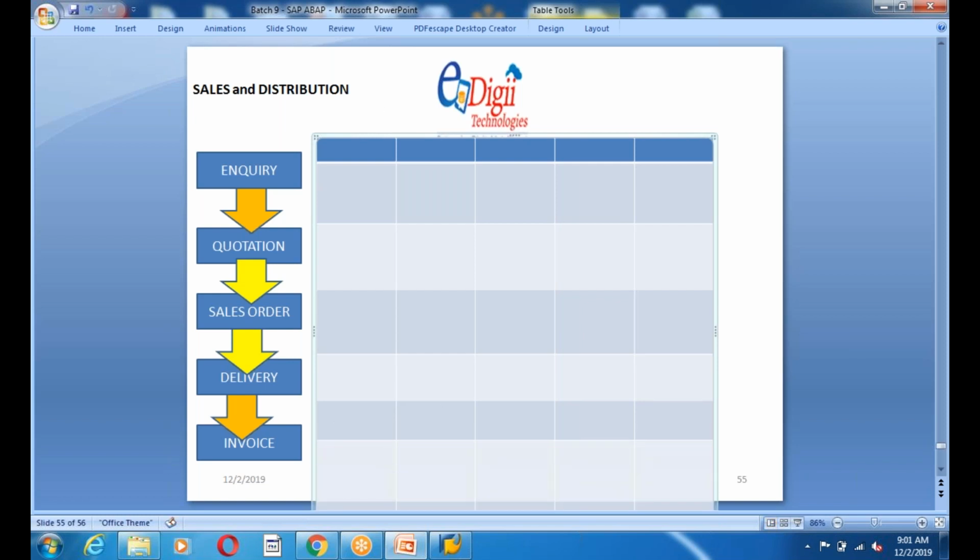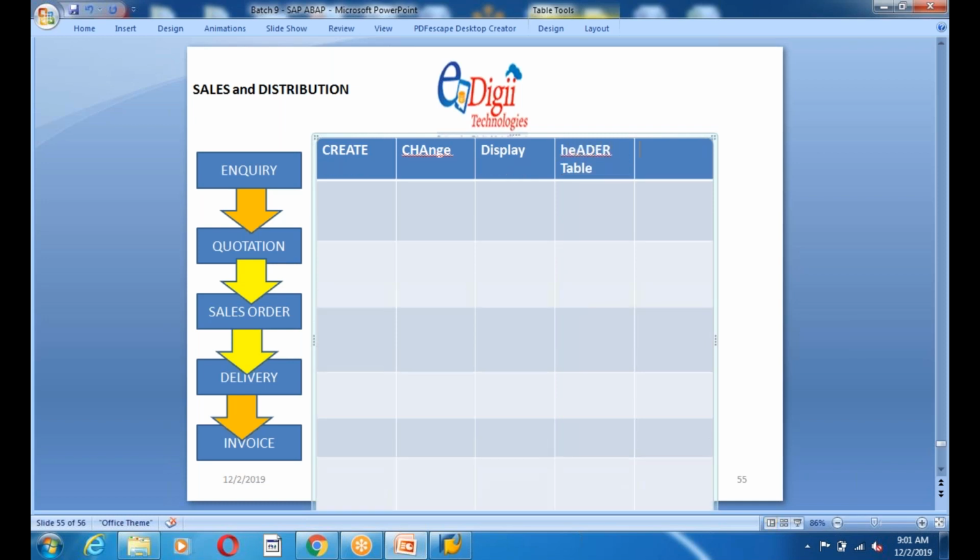Okay, and create, change, display, header table, and item table.